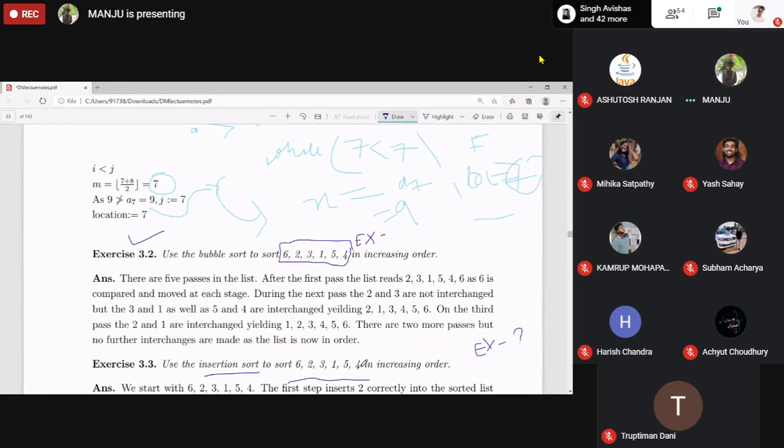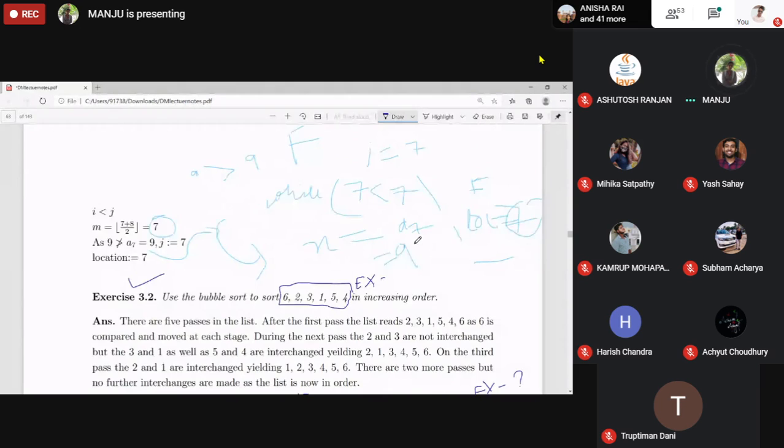Okay. It starts with second. It will compare with this one and so on. It will replace. Then it goes to third element. It compares with first and second. It will be inserted into correct position. Goes to fourth. It will be inserted into first position. Then goes to fifth. Means to say every time it will replace, right? 6 will go to last. Okay. Understood? यस मैम.